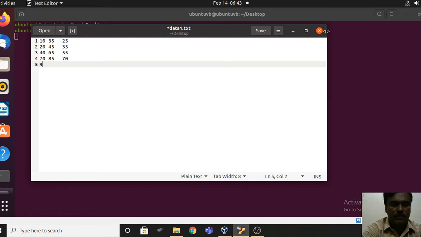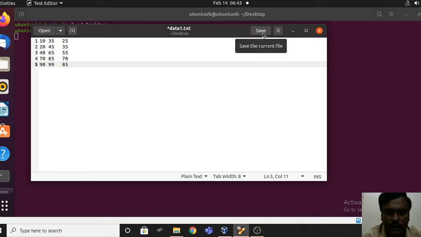Let me take the number of nodes as 90, and for 90 the throughput is say 99 and delay is say 85. So this is the data that you have. So you just save this file.